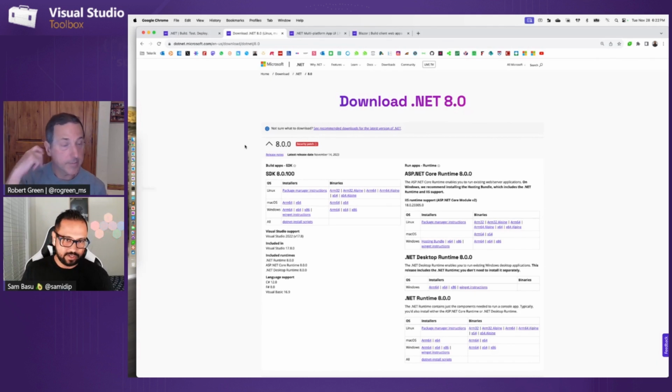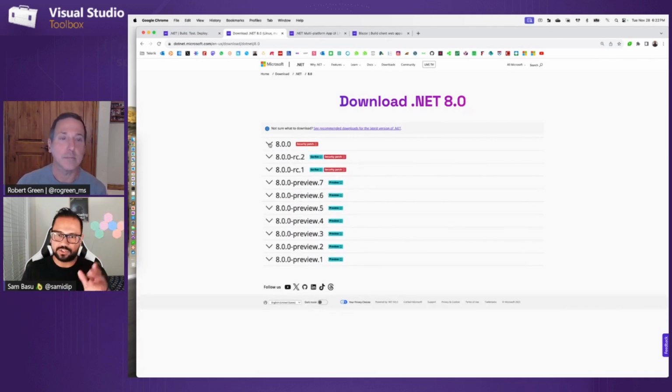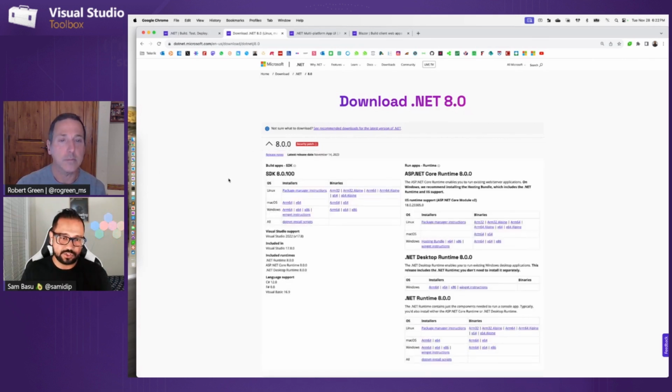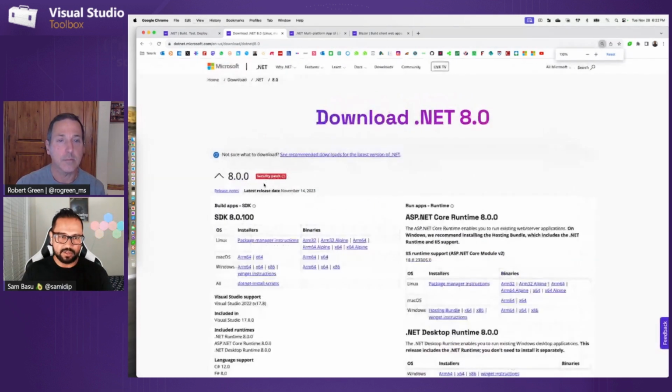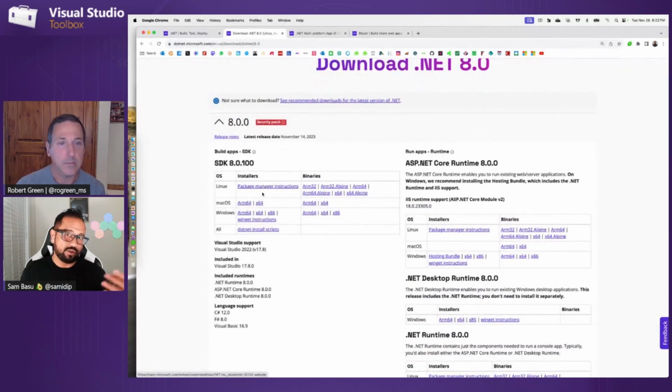Yep. So let's take a look at this. Again, if you are new to this, do a search on .NET 8, which is the latest one. You can go back to previous versions, and let me bump up my fonts here a little bit. You can get the SDKs, or you can just get the runtimes. I happen to be on a Mac today. That's an Apple chip, so I will get the ARM64, or you can get the x64 if you're on Intel. On Windows, you have all types of binaries fitting different OSes and chips. So get the .NET that is fit for your machine, and that's how you get started.